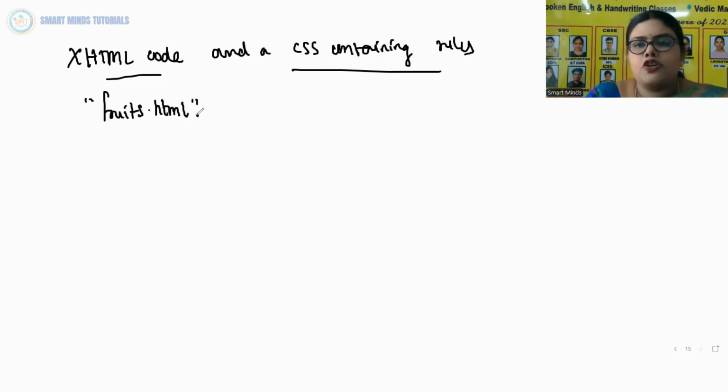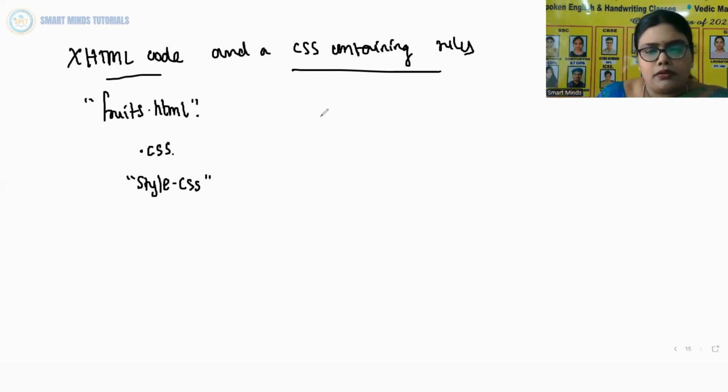The CSS should be saved with the file extension .css, and here the style sheet used is style.css. The style sheet should be created in editors such as Windows Notepad or a text editor on the Mac. So let's see the code.